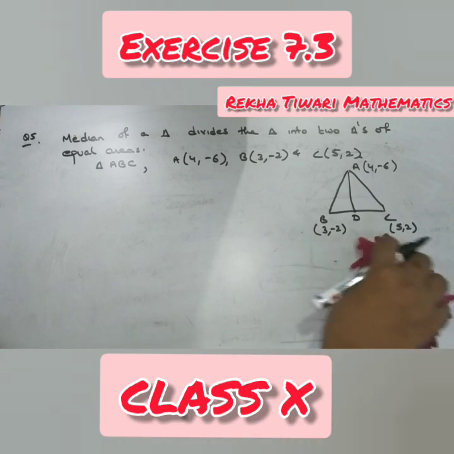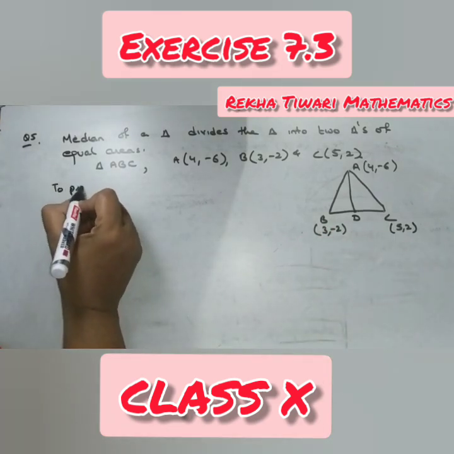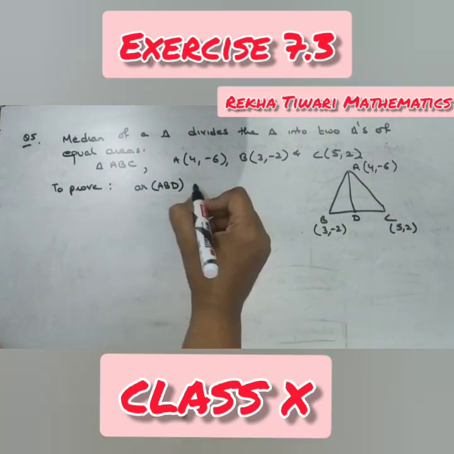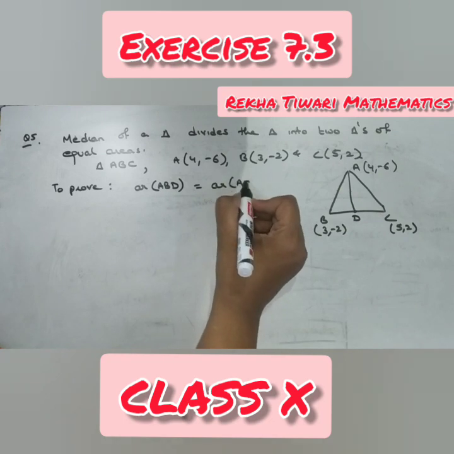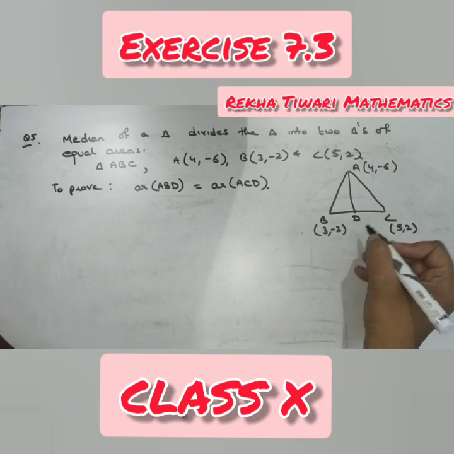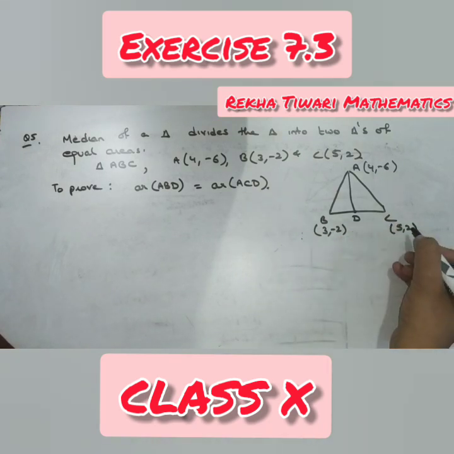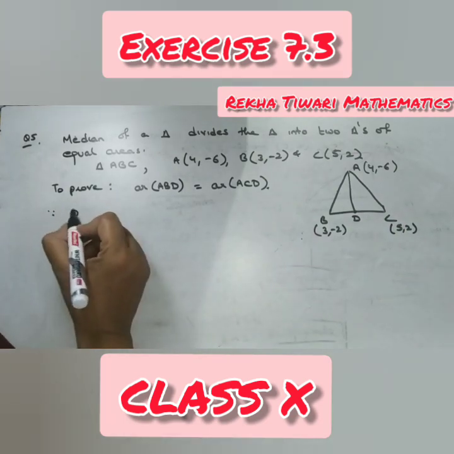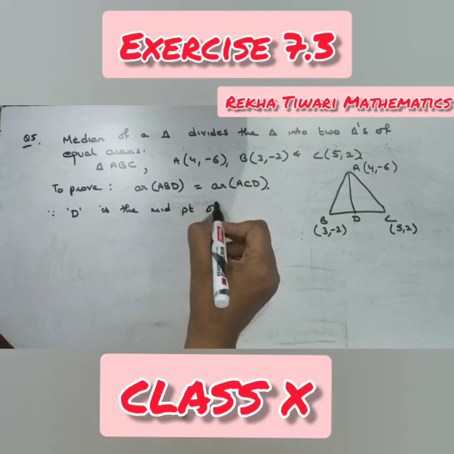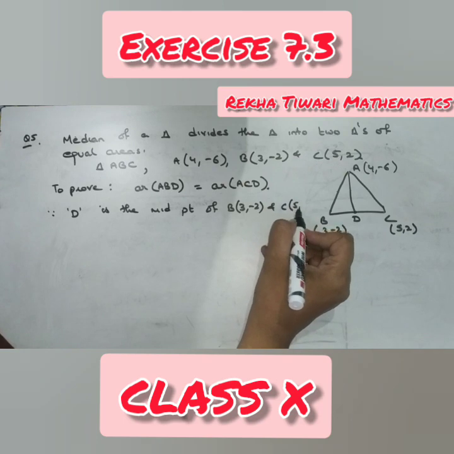Now what I have to prove? I have to prove that area of ABD is equal to area of ACD. That means the coordinate of D is required. Now how to find out the coordinate of D? D is the midpoint of BC. Since D is the midpoint of B (3, -2) and C (5, 2),